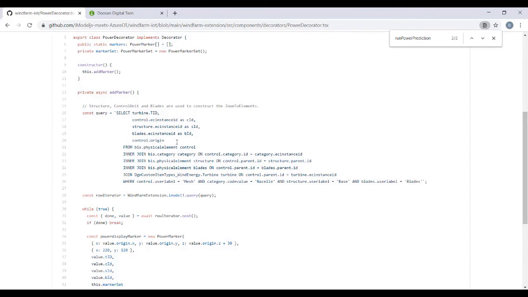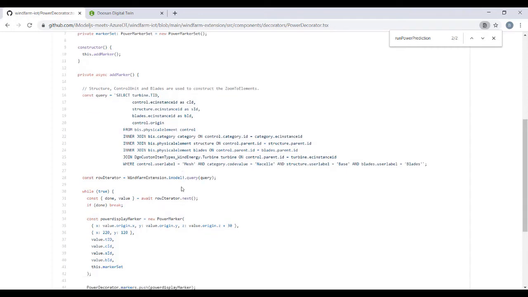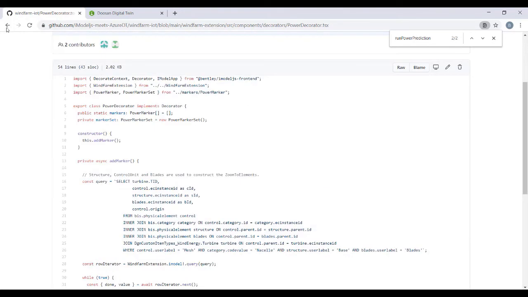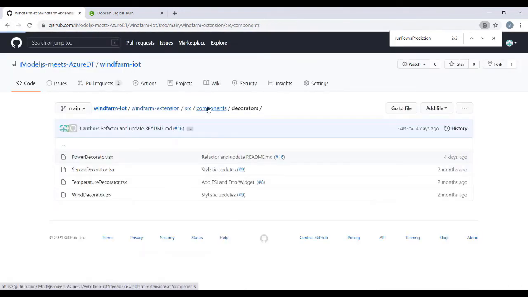So we use these elements already defined in our iModel to identify the proper turbine to associate our ADT data to, as well as providing the location anchor for our decorators, right? So this is all the information we need from our iModel. At this point, we still have no ADT yet, but this moves on to our next file, the powermarker.tsx. So we need a class to store all the data. So moving on to the powermarker.tsx file